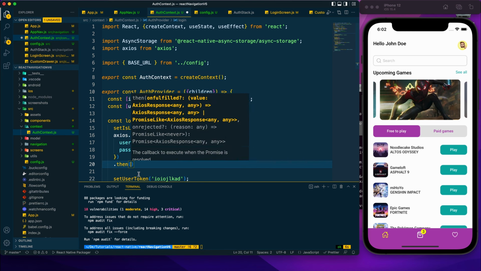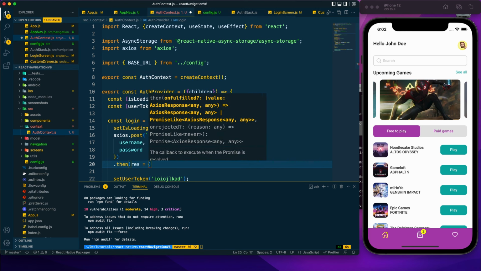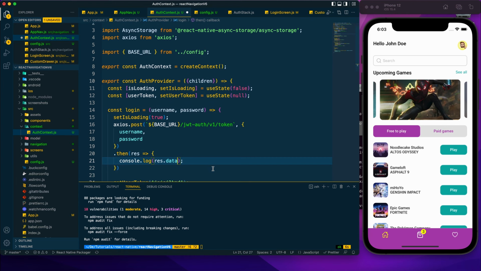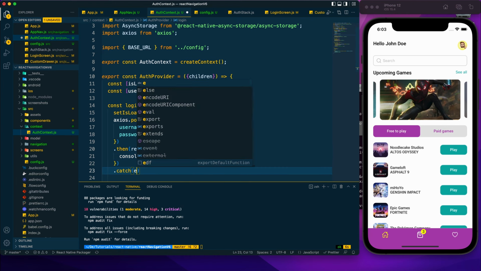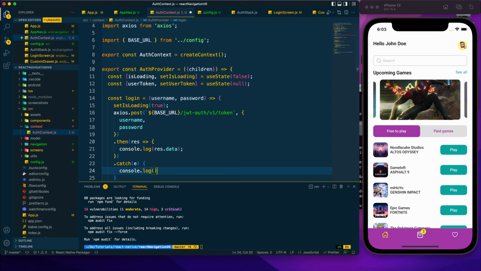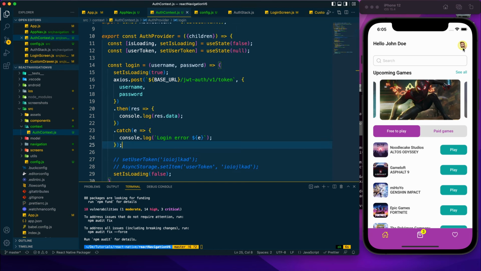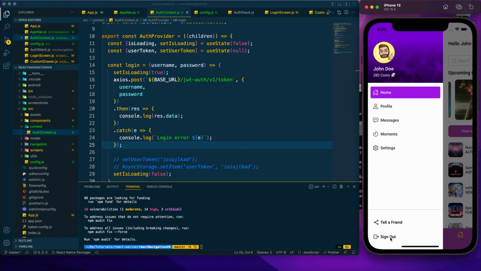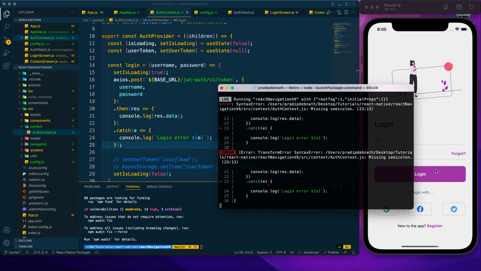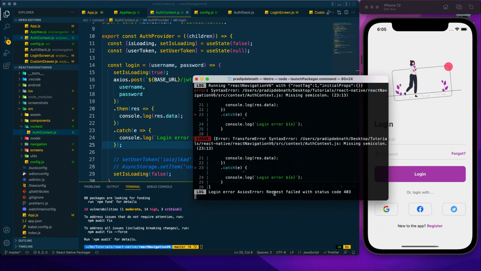After posting the request, we will get the response. Now let's console log the response and also catch any error and output that in console log as well. So here it will be login error, and let me just comment out this thing as of now. Now let's sign out and click on this login. Okay, so here we can see the error with the status code, which means it is not authenticated properly, and